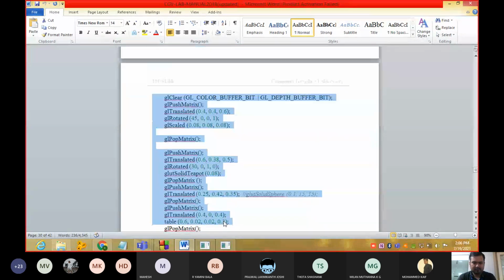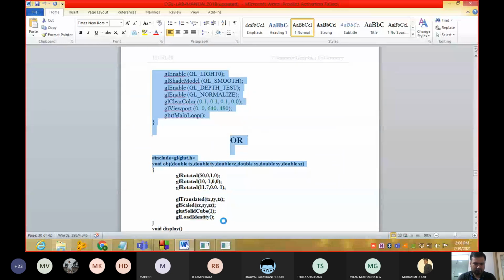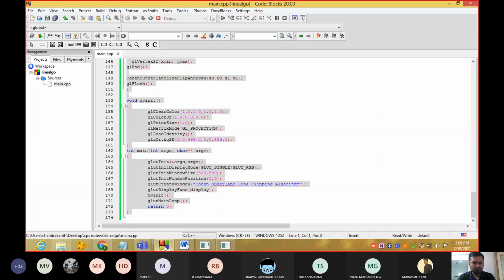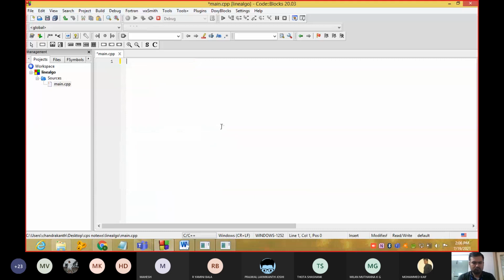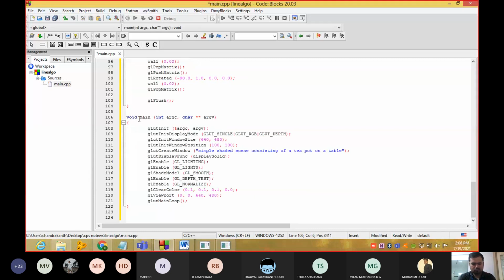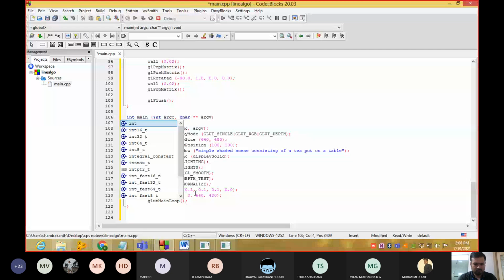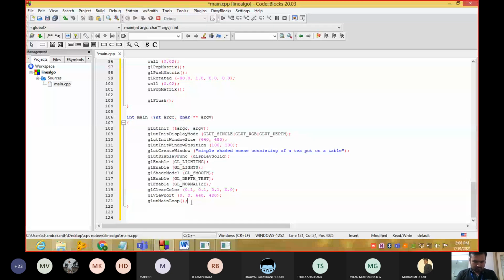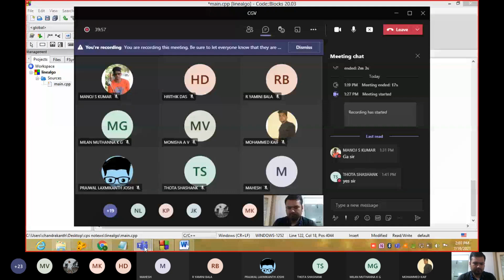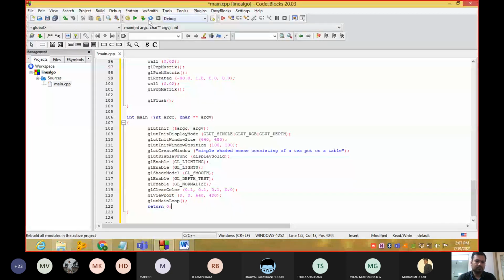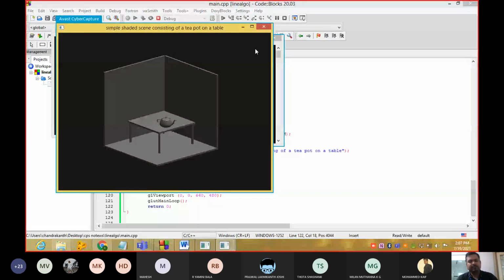Everything is an inbuilt function, guys. See, this is the image what we are supposed to do.